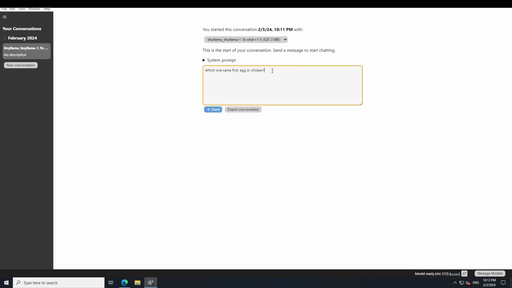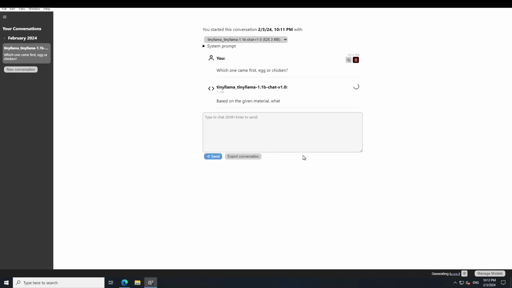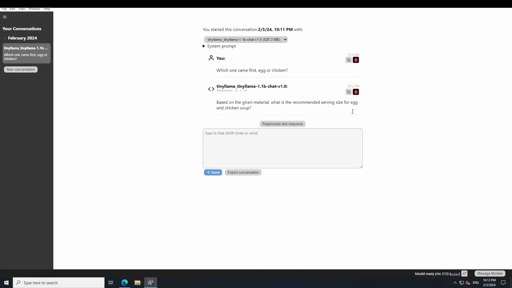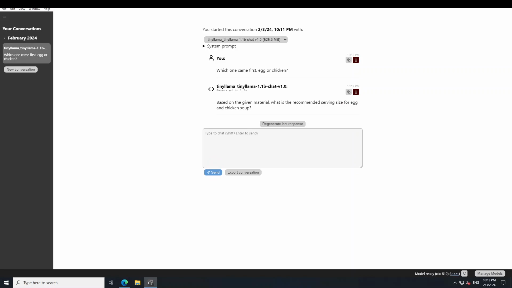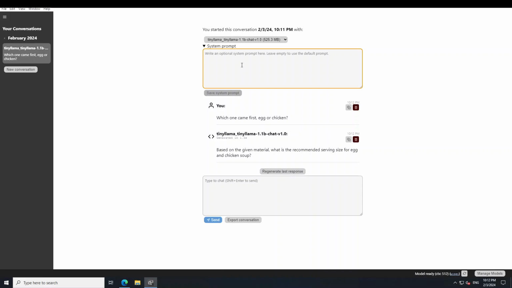In order to use this, simply press enter or click on send, and you can see that it is responding to what I just asked, which one came first, egg or chicken, and the model has responded. We can regenerate the last response if we don't like it, and you can just keep talking with this model. Now for the system prompt, you can just go here and tell it, okay, you